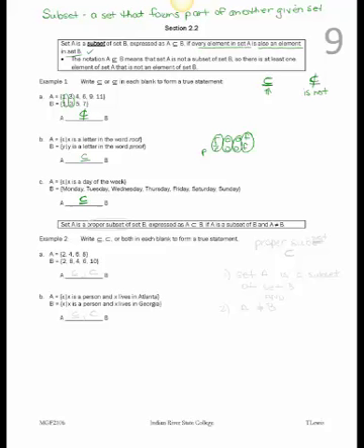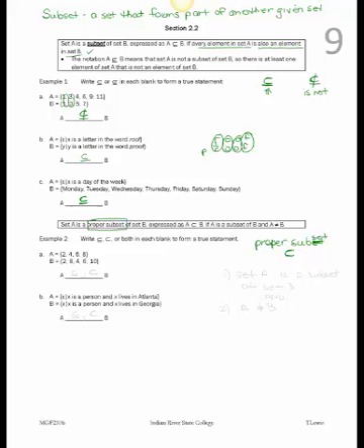So we looked at subset. Now we're going to look at proper subset. And the symbol that we're going to use for proper subset is a sideways horseshoe, but without the line under it. So set A is a proper subset of set B, expressed as A, and you see the symbol. And what this is saying here